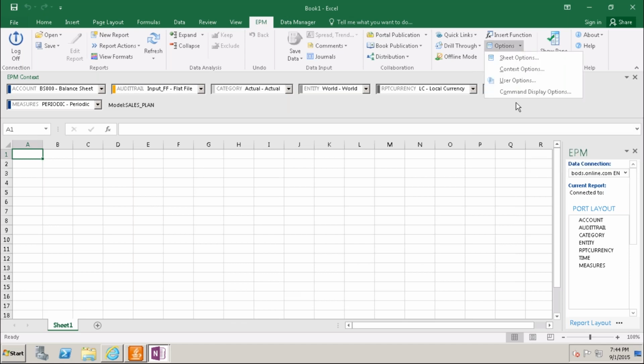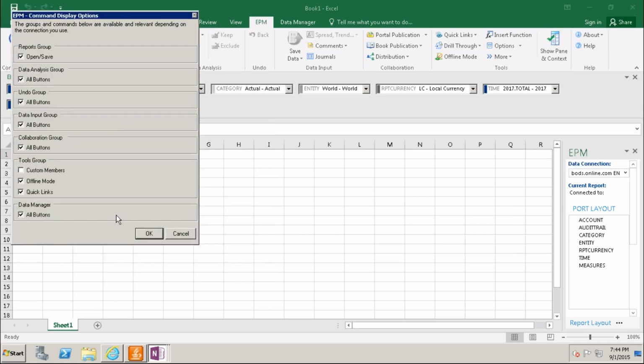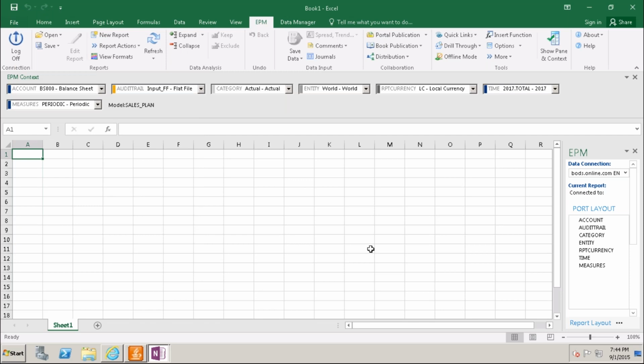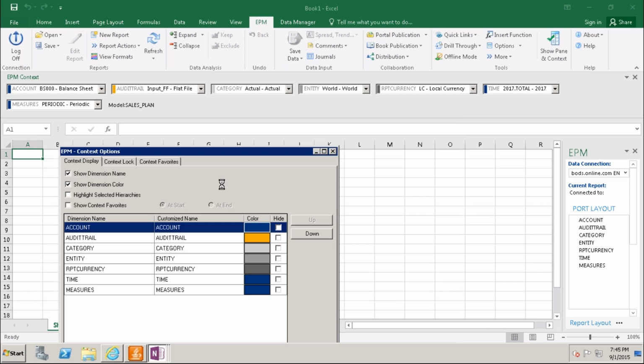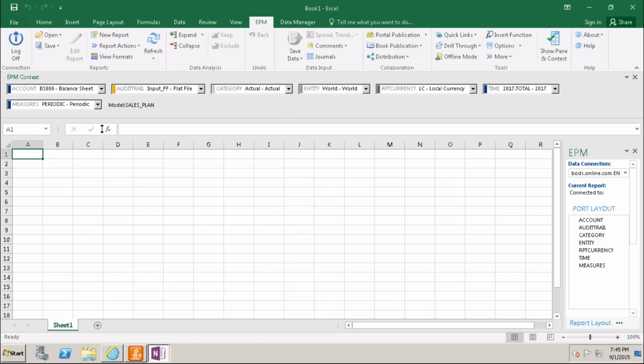The next thing is command display options. Okay. Just quickly complete these context options along with the sheet options. Context options. Okay. These are the context, EPM context text.